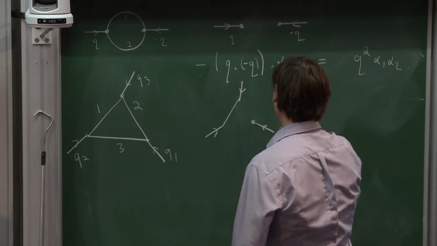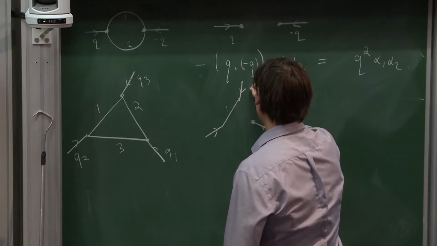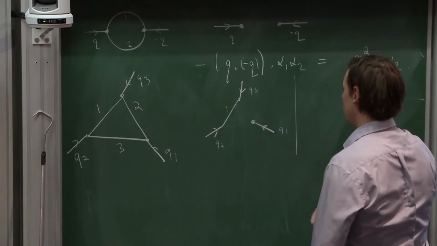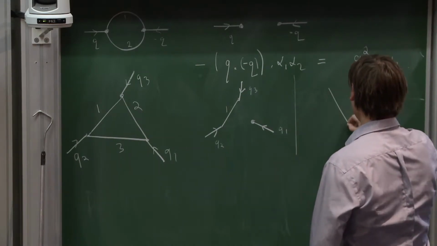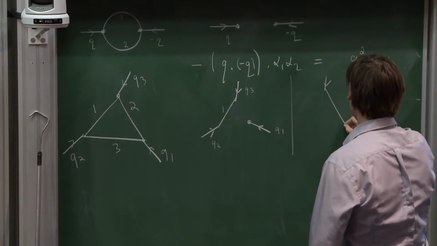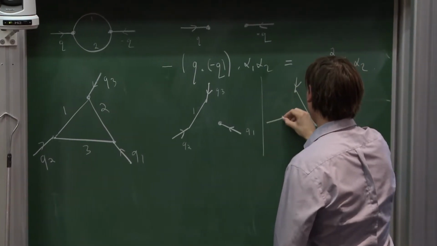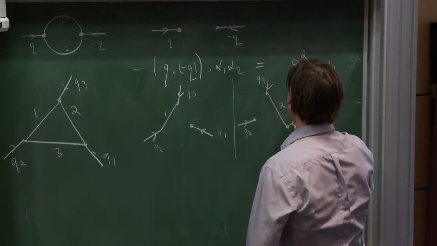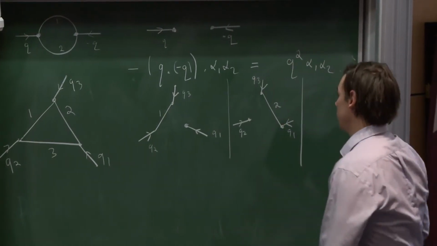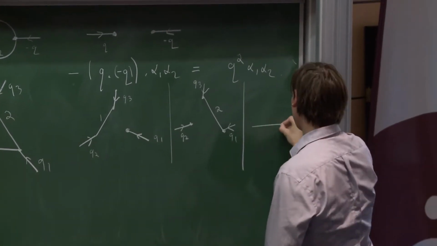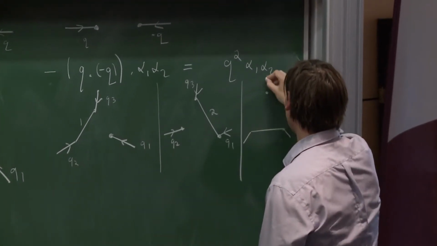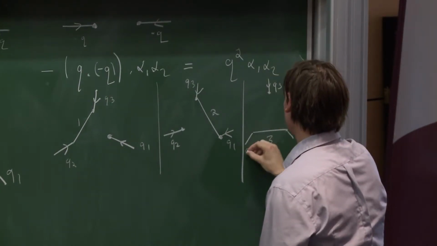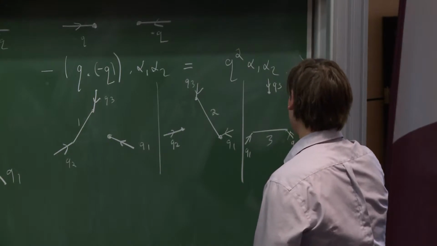Here, let me label them. Q1, this is edge 1. Q3, Q2. That's one spanning tree. Q2, Q3, Q1. And then the last one, Q3. Okay, so then,